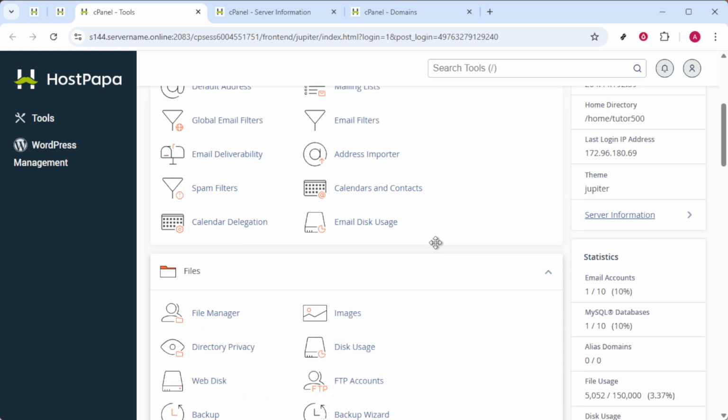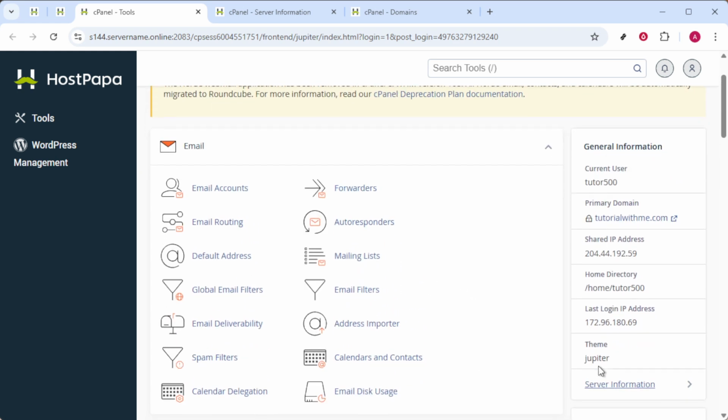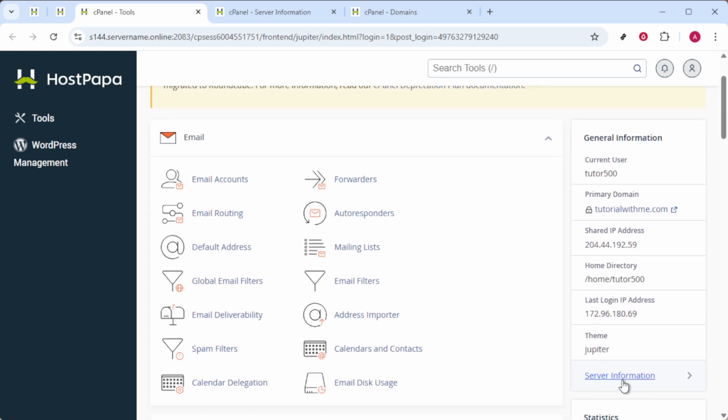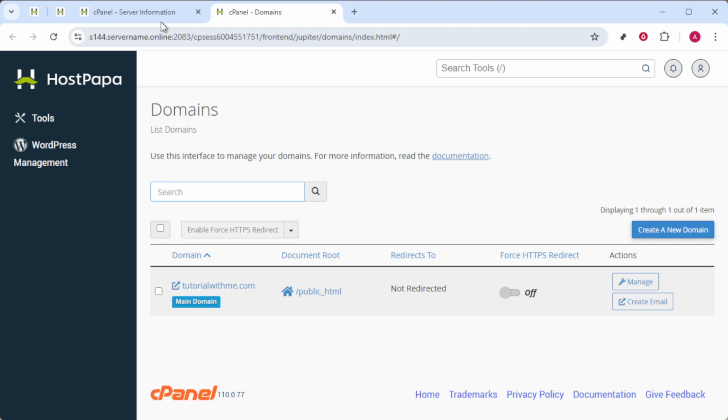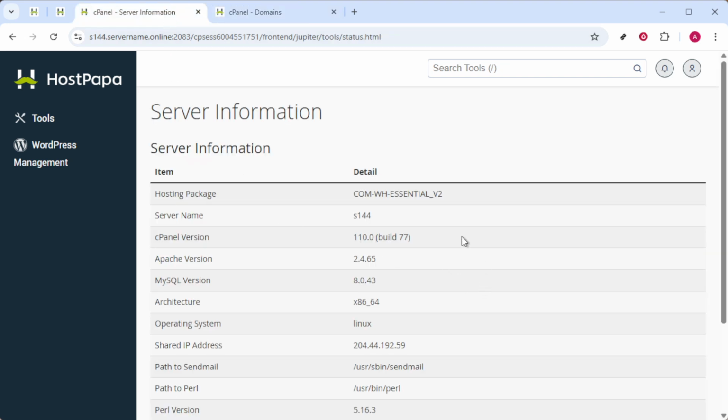Log into your domain registrar, whether it's GoDaddy, Namecheap, or another service, and navigate to the Domain Management or DNS Settings page. Here, locate the section labeled Name Servers and click on Change or Edit. To update them, choose the option for Custom Name Servers and enter HostPapa's name server information,